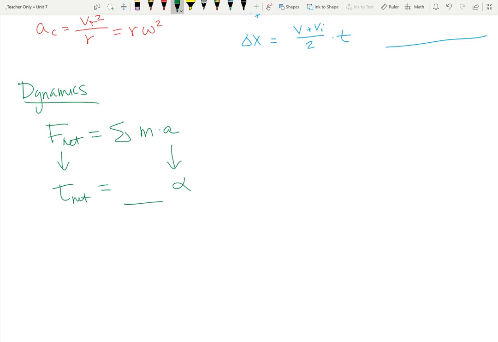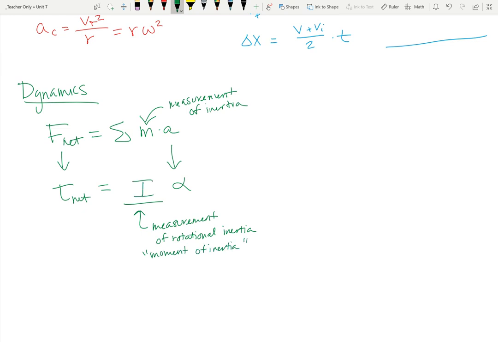Well, what we know is that mass was a measurement of inertia. So what goes here must be a measurement of rotational inertia. And so we call that actually the moment of inertia. And that's represented with an I for moment of inertia. All right. So this I value,